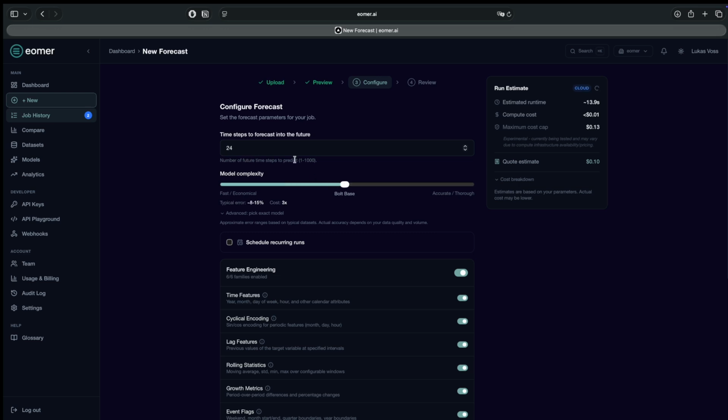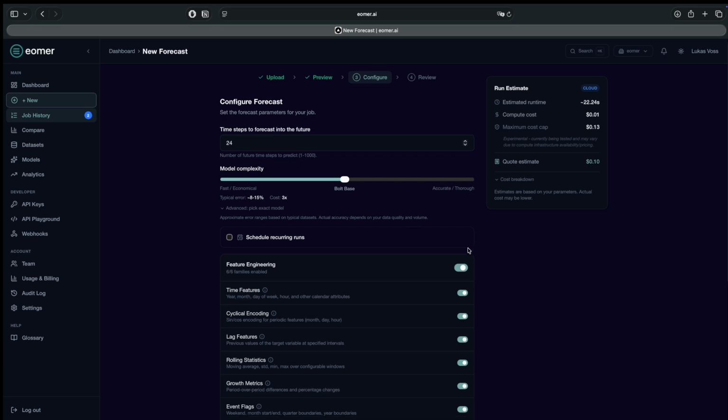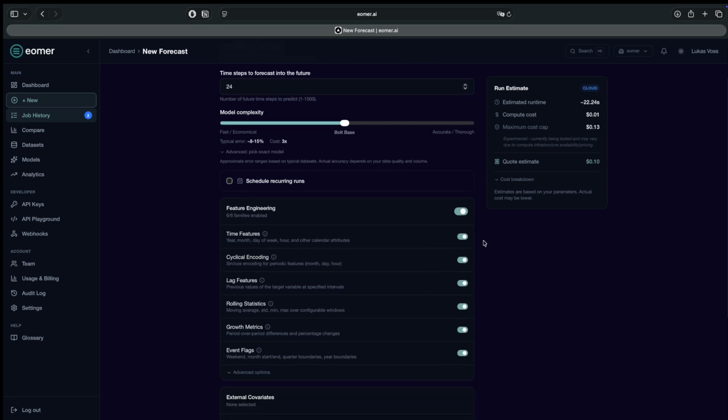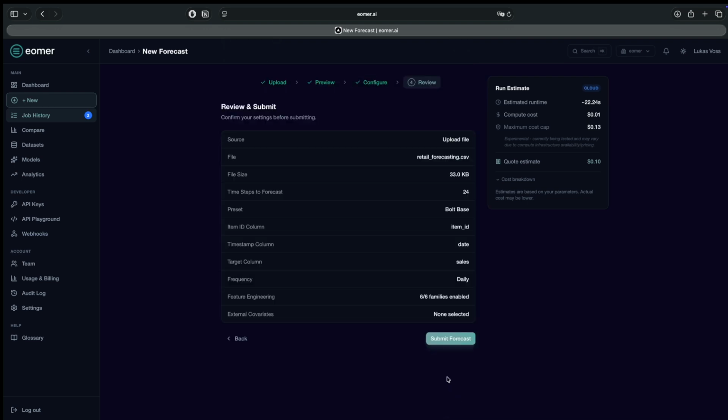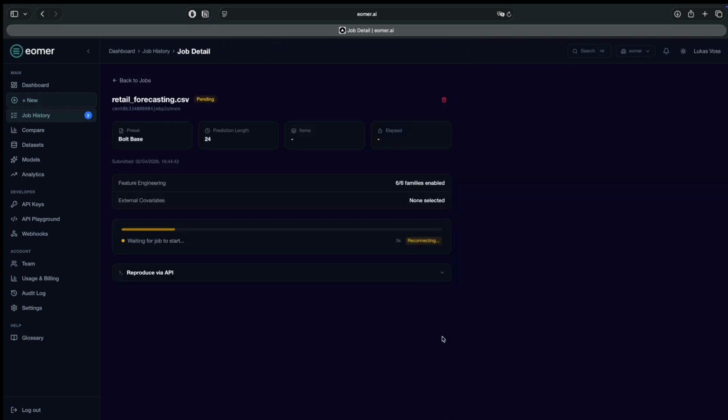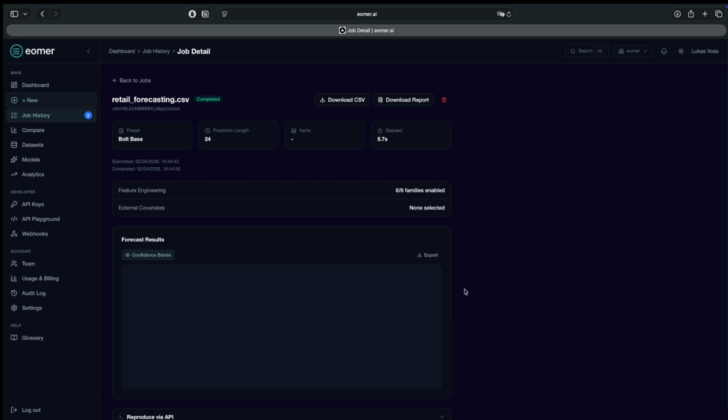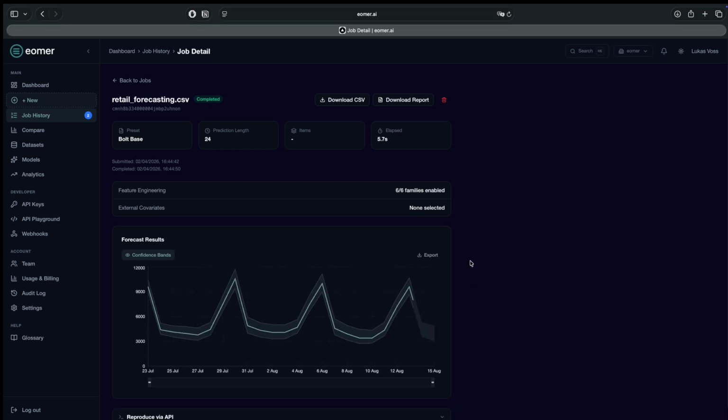model we want to use as well as the prediction horizon. Here I chose 24 days. Then we can already click Run and submit everything to the eomer platform. Just a couple of seconds later, we get a summary of our forecast and the forecasted sales for the next